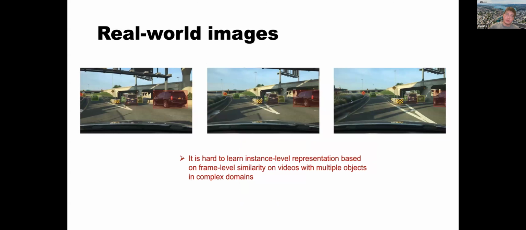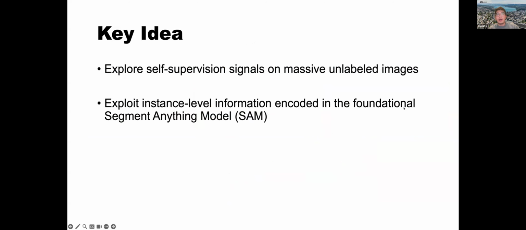But real-world images are usually very messy. You have multiple objects coexisting in the same scenarios, and doing self-supervision with this kind of images is hard, because you basically cannot say that this frame 1 and this frame 3 are the same, because all the objects change. So here comes our key idea: